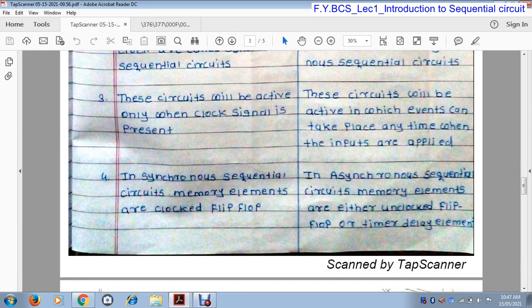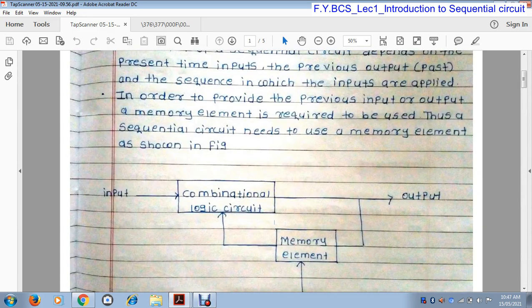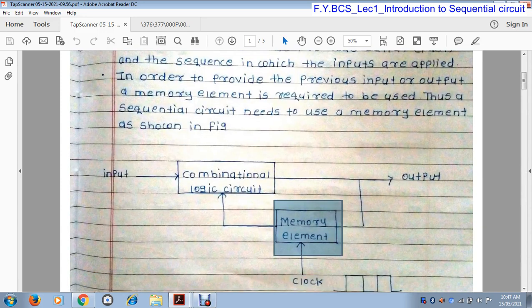So this memory element is nothing but a flip-flop, and whenever we connect the memory element to a combinational circuit, it becomes a sequential circuit. The memory elements are of two types: first is the unclocked flip-flop and second is the clocked flip-flop.